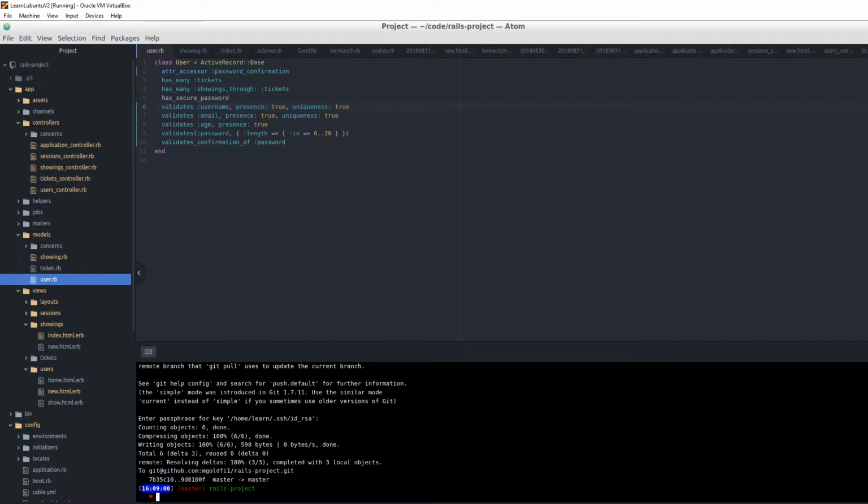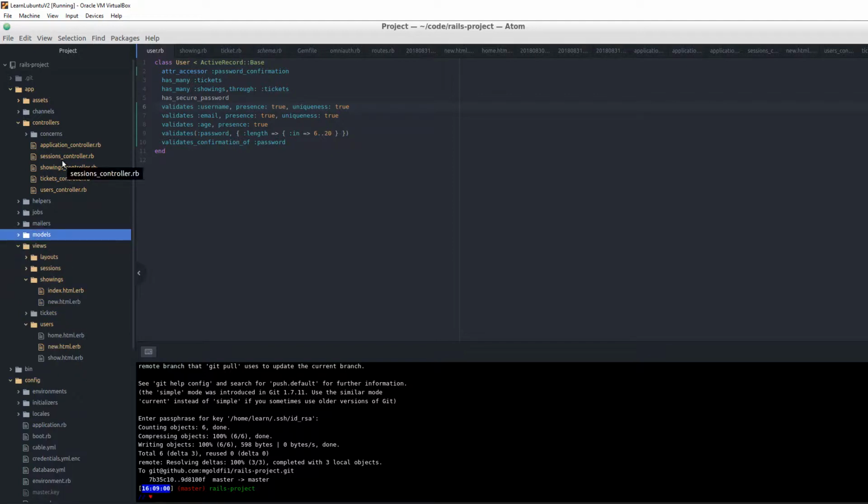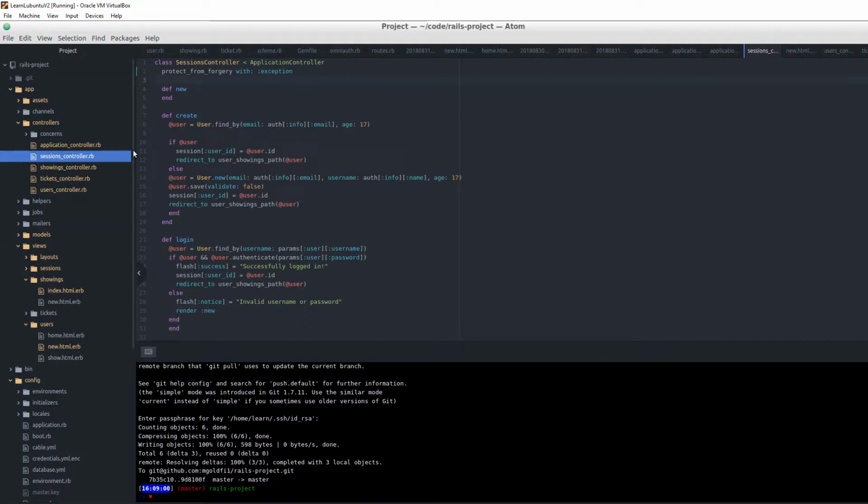So once the user creates an account, I needed to handle the session to show that they're logged in. So then I did that using a sessions controller. So the new action right here is linked to